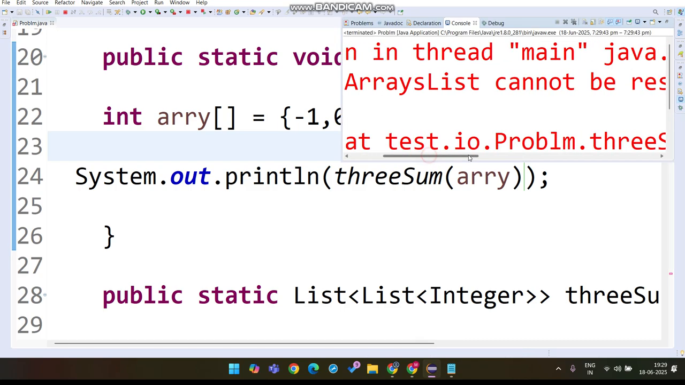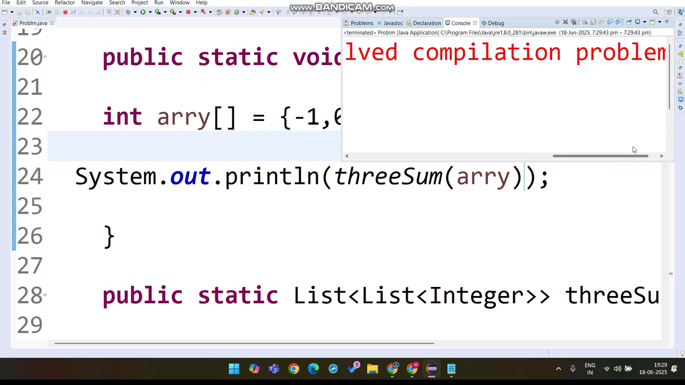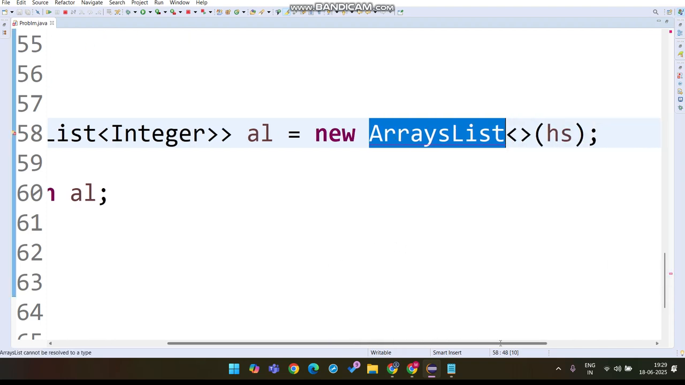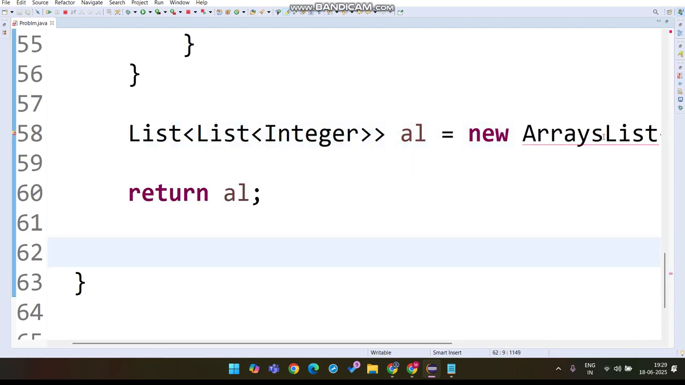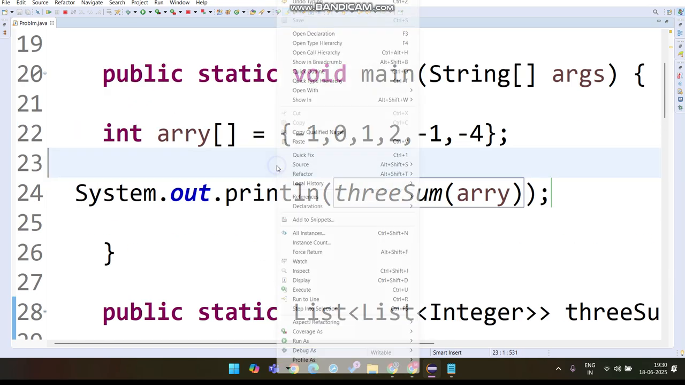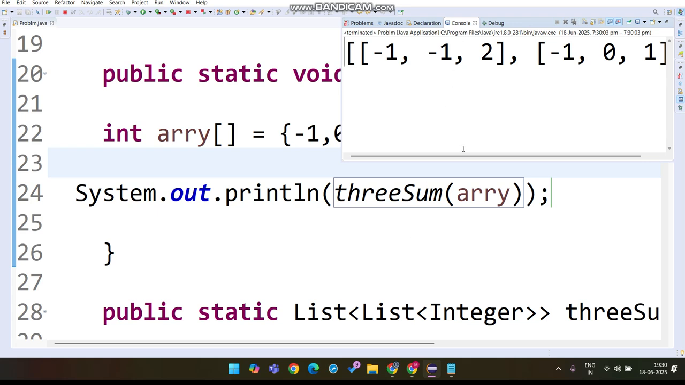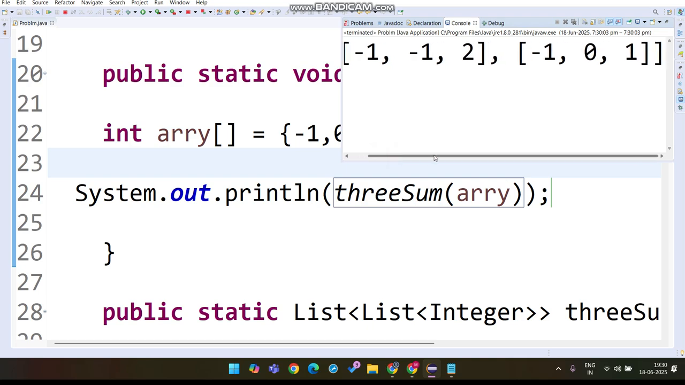What happened? Exception in thread, java unresolved compilation problem. Okay, some error is coming in our program. Okay, it should be new ArrayList. Let me run it. See here, two pairs are coming inside. One list is there, inside that again lists are there, -1 -1 2, then -1 0 1,